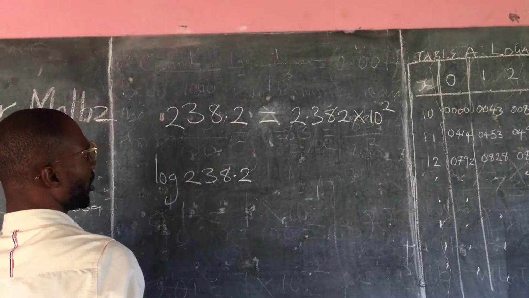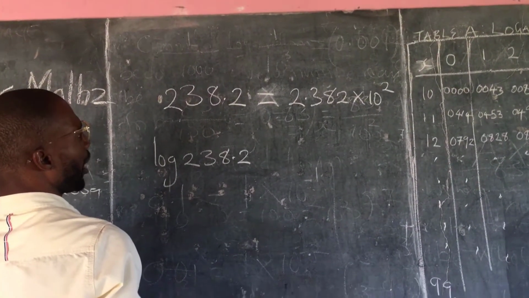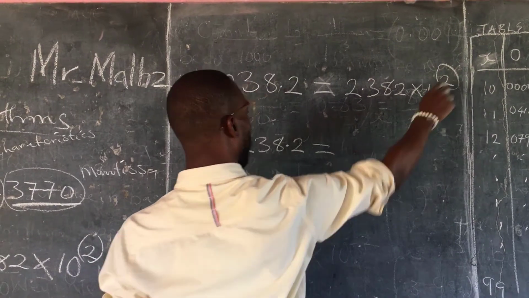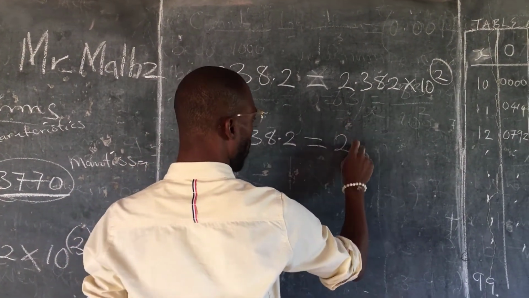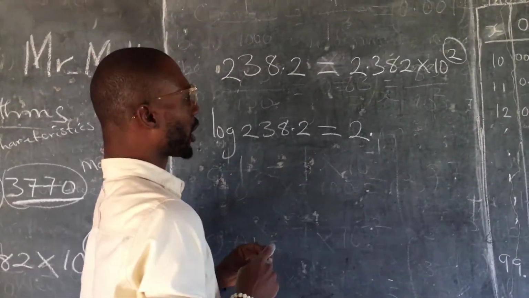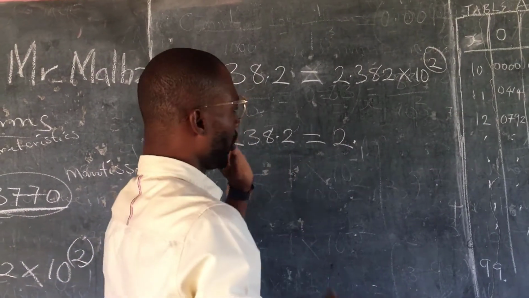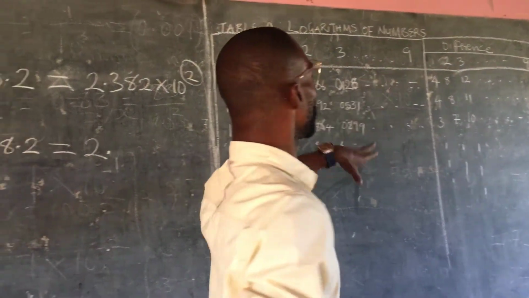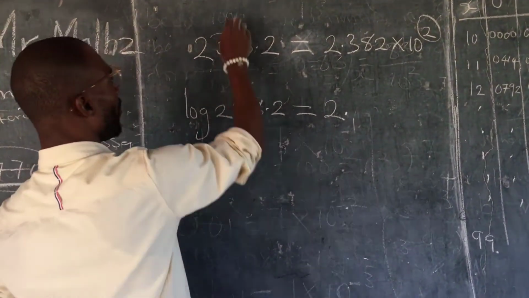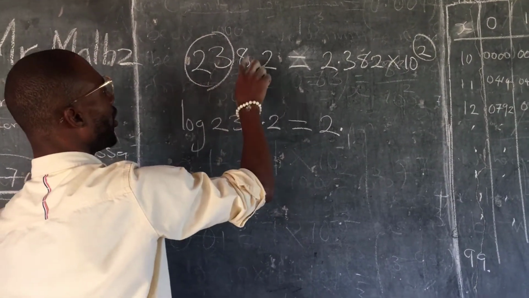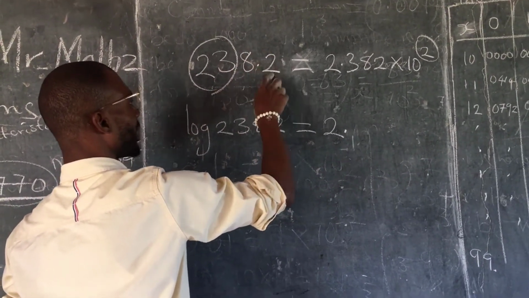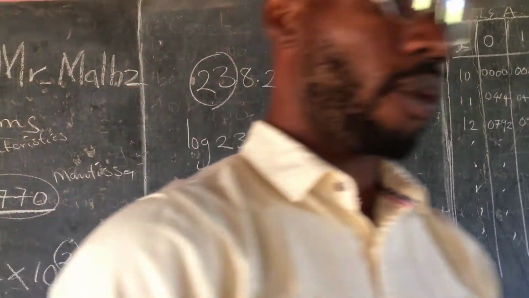Now what do we get? What happens is that for this log we don't get the integral part, so we take our characteristic as 2 point like this. Then we find the rest of this part. How do we find the rest? We go to the 4-figure table. Because our 4-figure table here is not complete, we will use the real 4-figure table. What we will do is take these two numbers first, 23, then check for this one and this one. Now we will see how it happens.